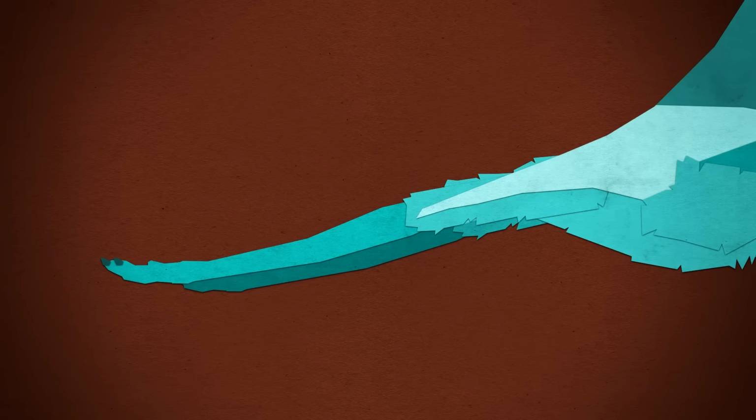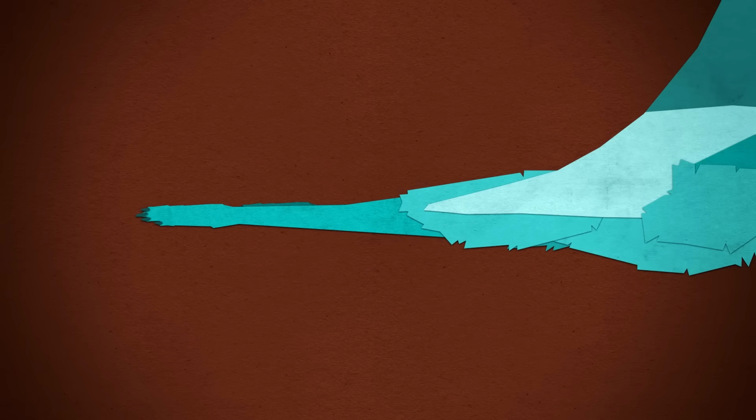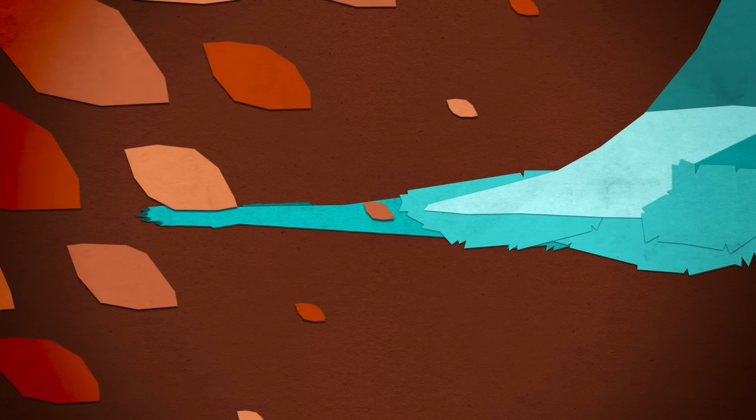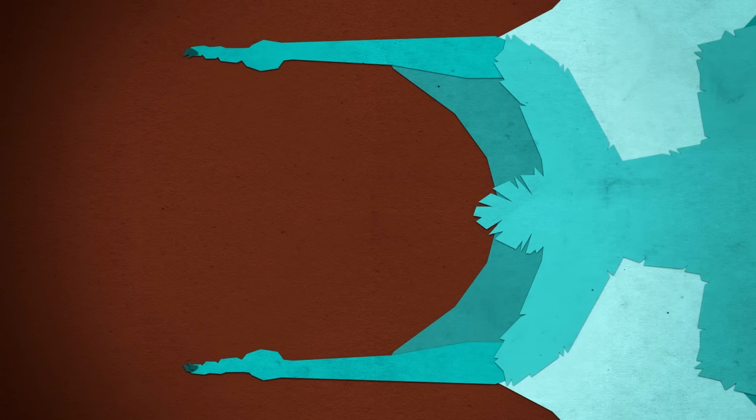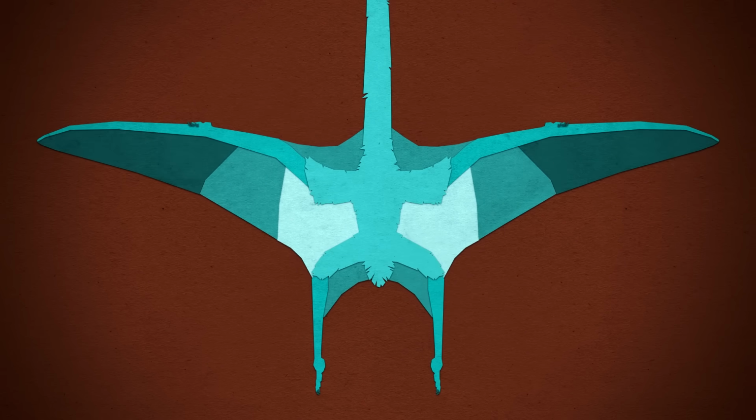In pterodactyloids, the fifth toe is very short. In Quetzalcoatlus, it's just this little stub. It might not even have a toe worthy of the name on it. The feet and toes are quite slender. They're plenty strong. It's just like the rest of the leg, compared to the wing, they wind up looking rather